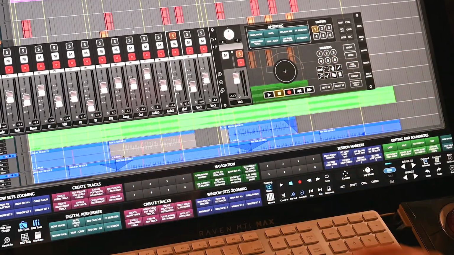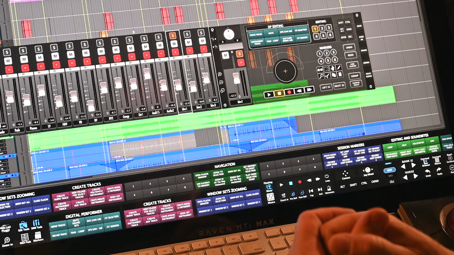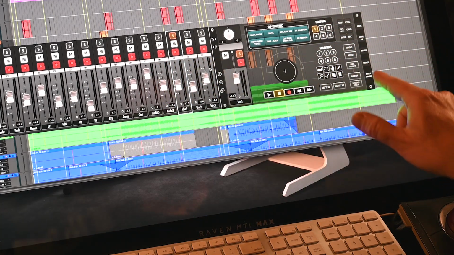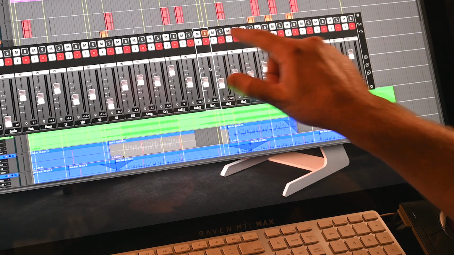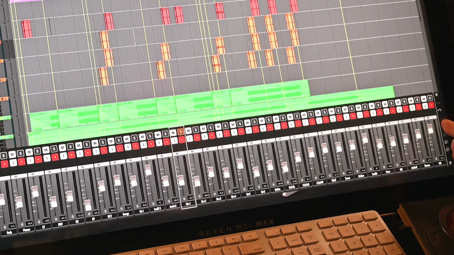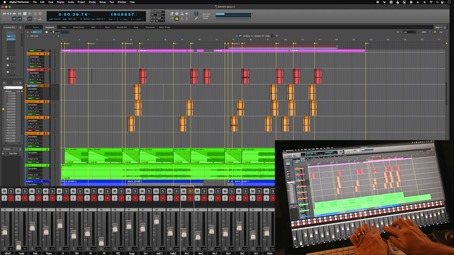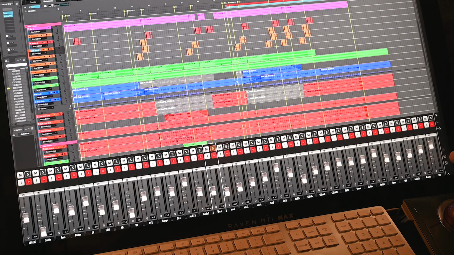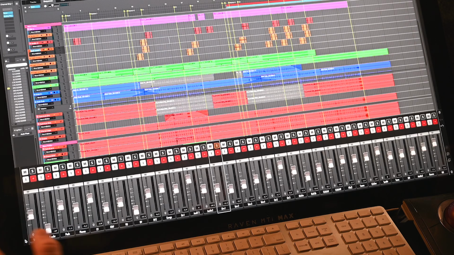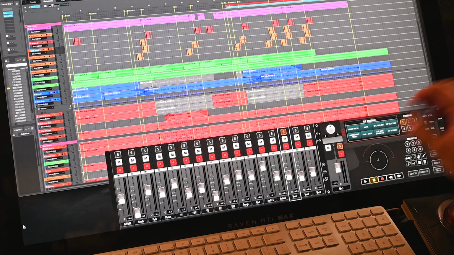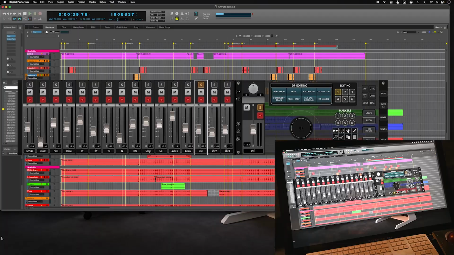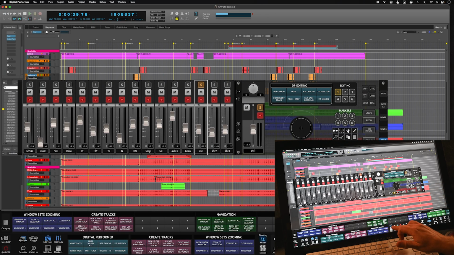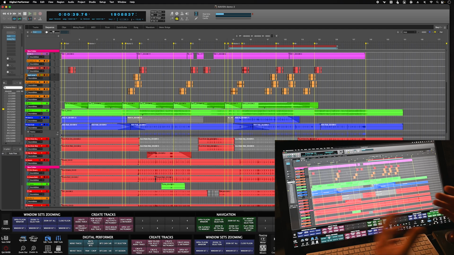So a great option if you want just 32 faders and your edit window is you go back to this main view and you hide the rack with this rack show button here. Then show your faders, drag them down to the bottom here. And now we have a great 32 channel mixer with faders, solos, mutes, record enable, and we're still seeing DP right above it. If you want to hide it, you hit the little hide area here, show it again, and now let's hit this right arrow to get back to the main zone. Now let's show the rack again and hide the floating mixer, and let's go over my favorite feature of Raven,